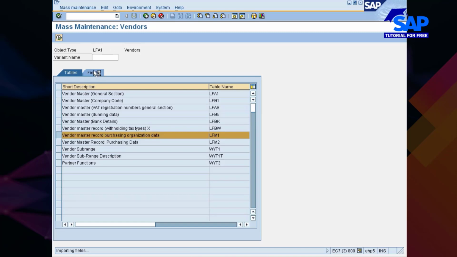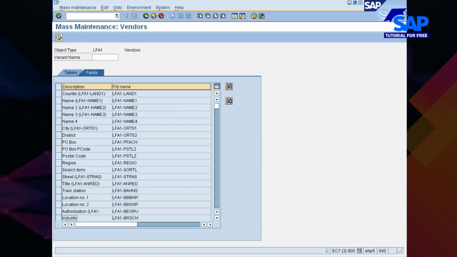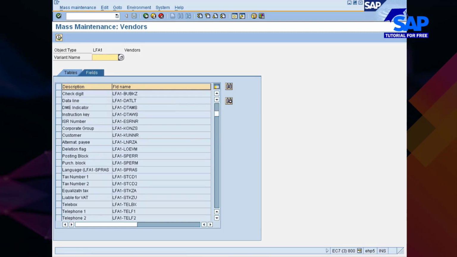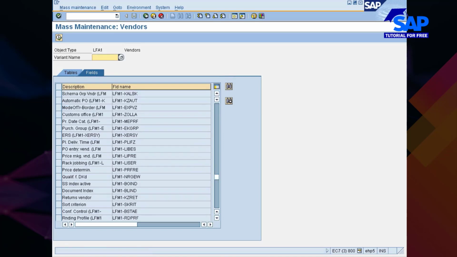Okay, and I will replace all the schema groups of the vendors created for the Nissan company code. I'm going to change it. Look for schema group for vendor. Just come down. I'll go with the search schema. You see here schema group for vendor. So here I'm going to select this one.